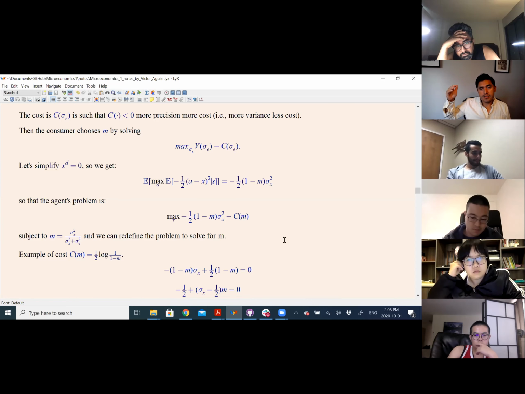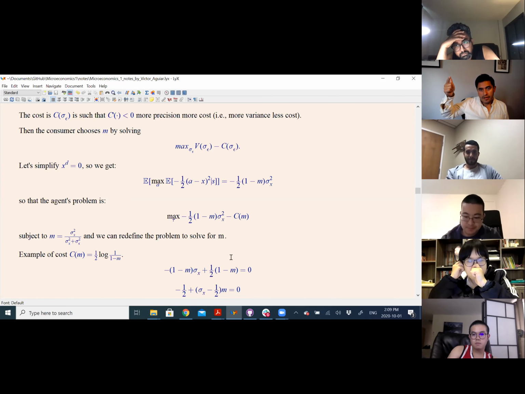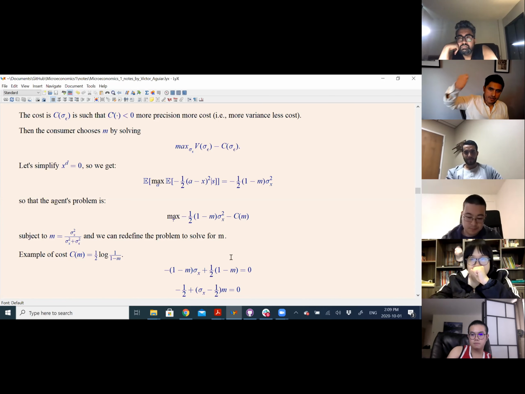System 1 is the system where people pre-compile the program they're going to use to make decisions. So you're going to create your heuristics, you're going to decide your attention. What we're solving here is System 1, the pre-compiler section: I decide how much attention I'm going to pay. And then once you have decided the attention, you go to System 2, and given the attention, in this case sigma epsilon, you make your decision